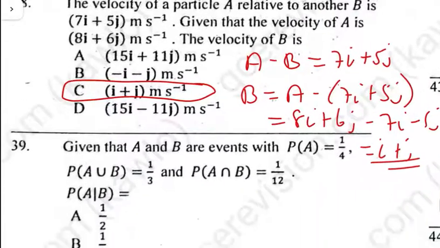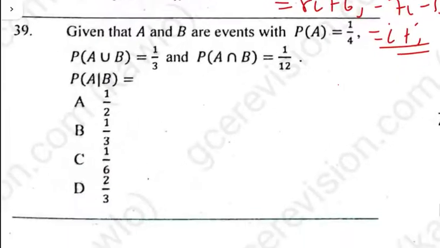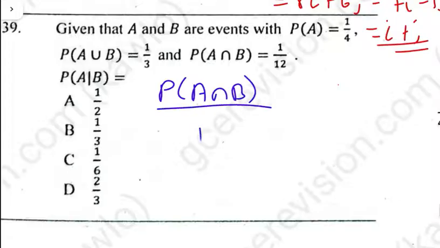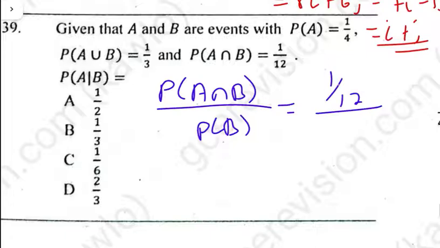Question 39 is on probability. Given that A and B are events with probability of A equals 1/4 and probability of A union B equals 1/3, and A intersection B is equal to 1/12, what's the probability of A given B? The probability of A given B is given by probability of A intersection B on probability of what? Probability of B, right? So this will be equal to 1 on 12 on